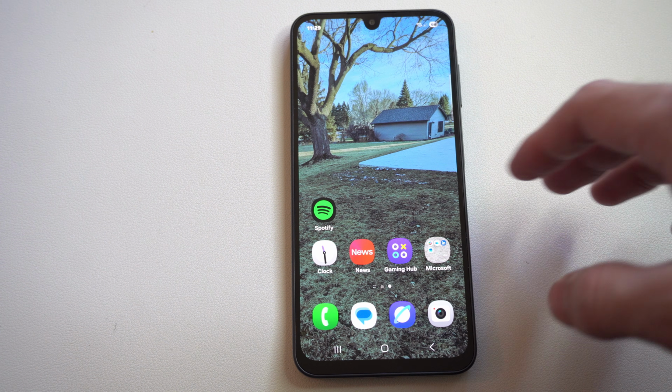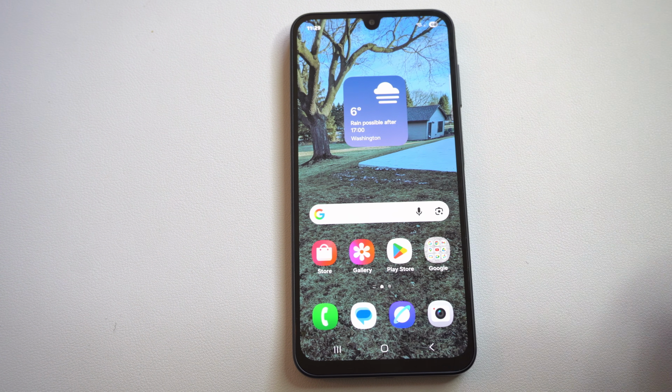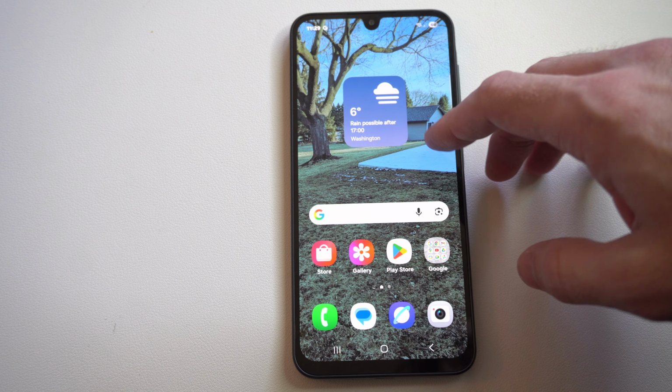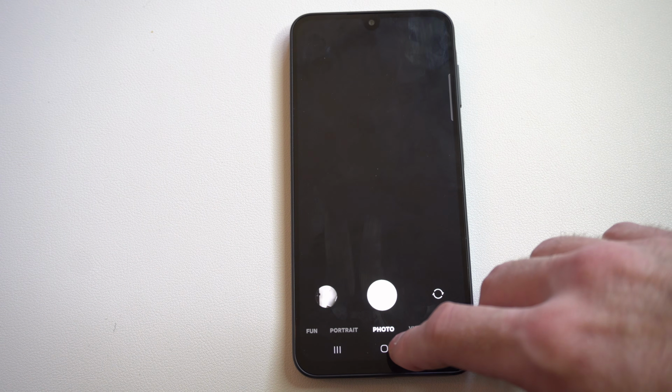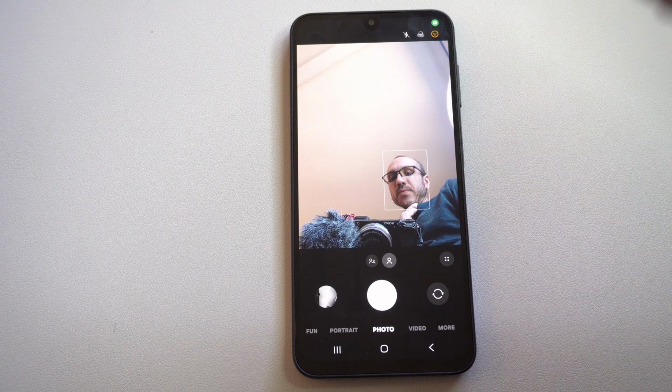Today in this video I'm going to show you how to fix it if your camera is simply not working on your Android phone. So you can just go to your camera right here. If it shows up like a black screen or something like that, well, the first thing you want to do